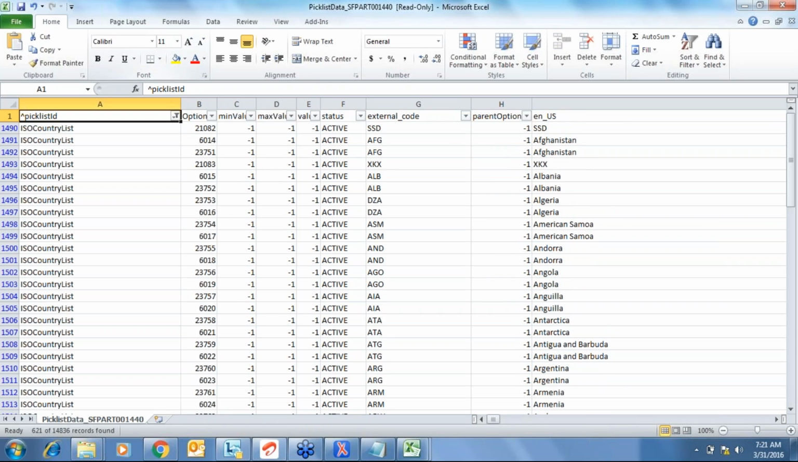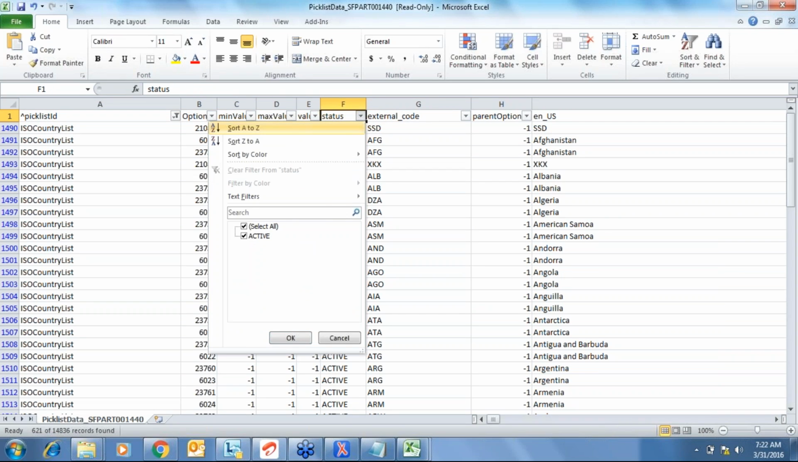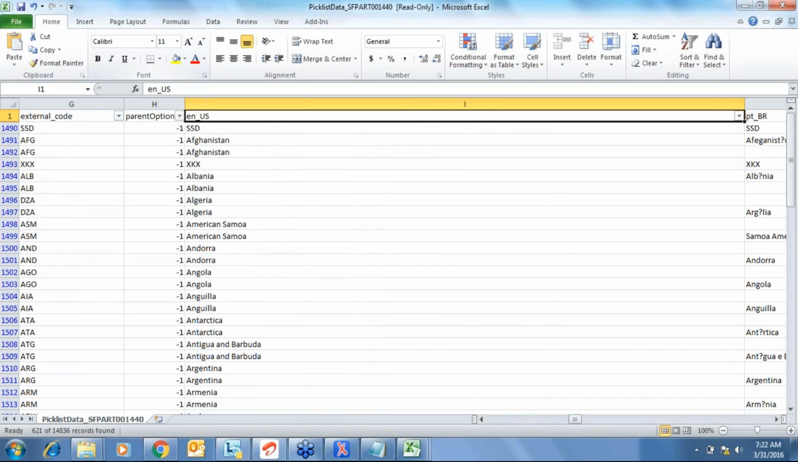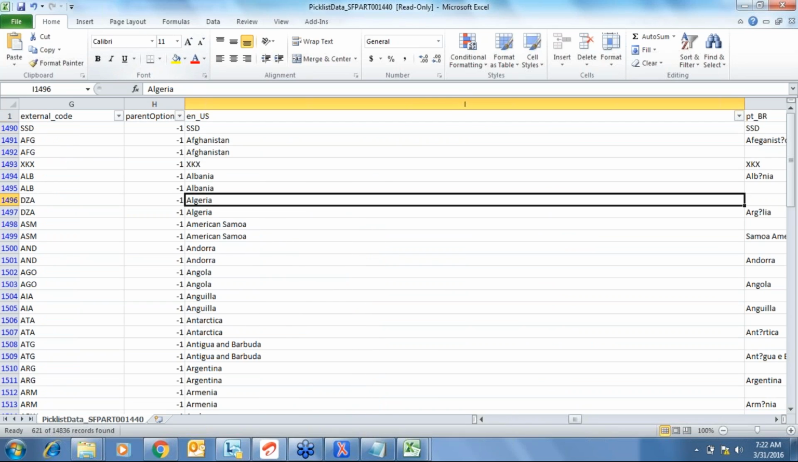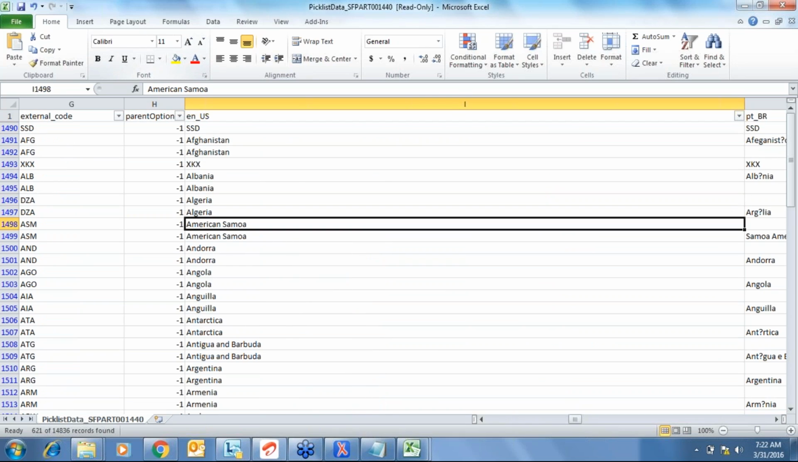So these are the pick list IDs. These are standard. Okay, pick list ID is standard. We'll just discuss option and what is option ID. If you see under the pick list ID, pick list country ID, let's take only active. Yeah, you see various countries are there. Albania, Afghanistan,